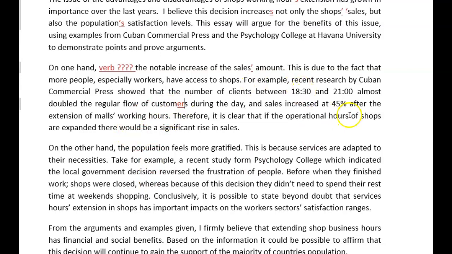Okay, just a question. The sales increased and reached the level of 45%, or there was an increase of plus 45%? Because I'm not sure that I understand. Your proposition says that after the change, the sales grew up to the mark of 45%. Correct me if I'm wrong, write me an email. Therefore, it is clear that if the operational hours of shops are expanded, there would be a significant rise in